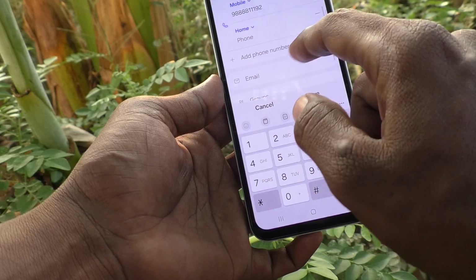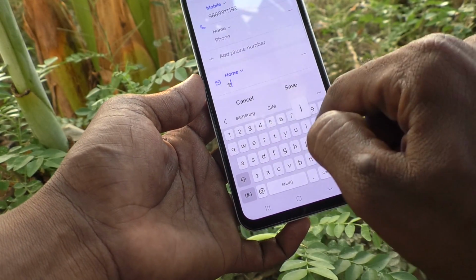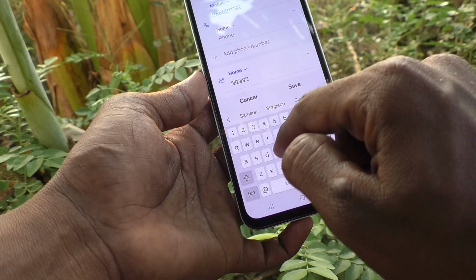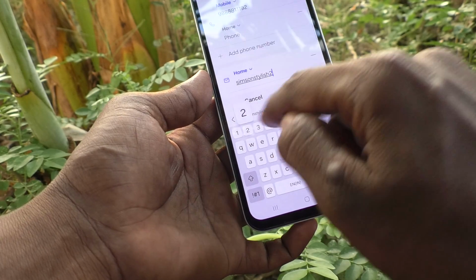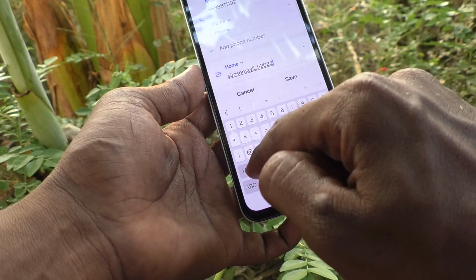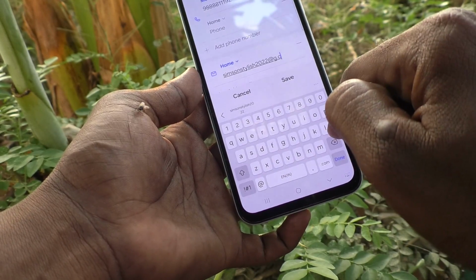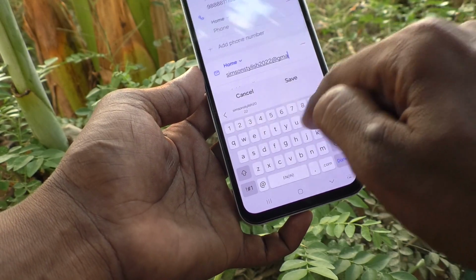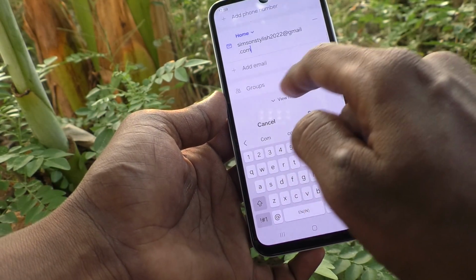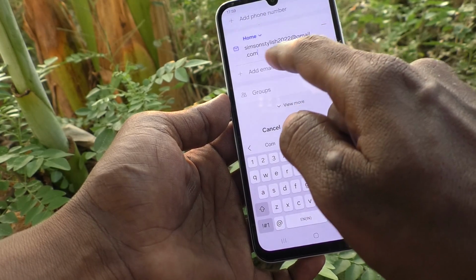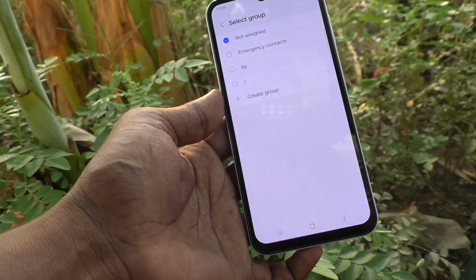Okay, click on email and add email Simpson stylish 2022 at gmail.com is his email ID, so I have added here. Okay, and if you want to add this contact to a group, click on groups, and here you can